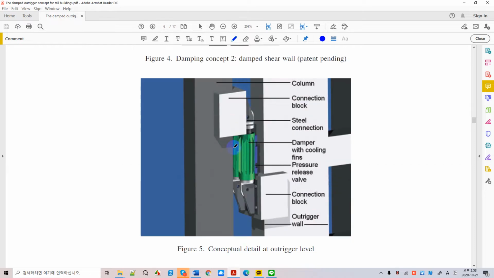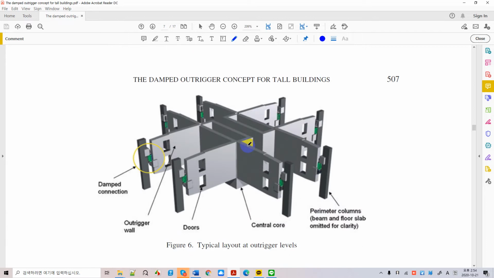Here, if you see right there, we have columns, and we have a pressure vessel with the valve, and this is the connection block, and this is the outrigger part, right? So when the outrigger is activated, this pressure vessel is going to provide damping to this building as artificial damping. Okay, and we'll see the schematic typical layout at outrigger levels, and this figure is very good for us to understand how the outrigger must be laid out with the damper and how the outrigger connects with the